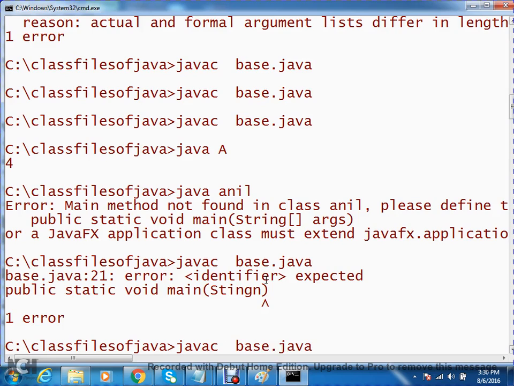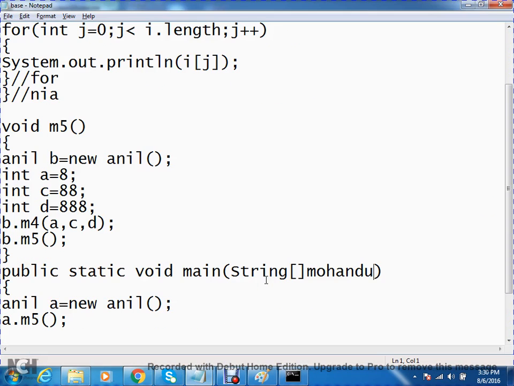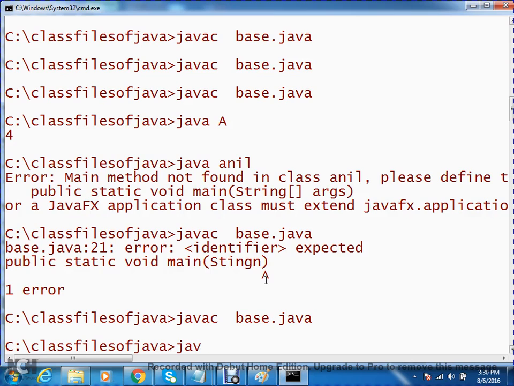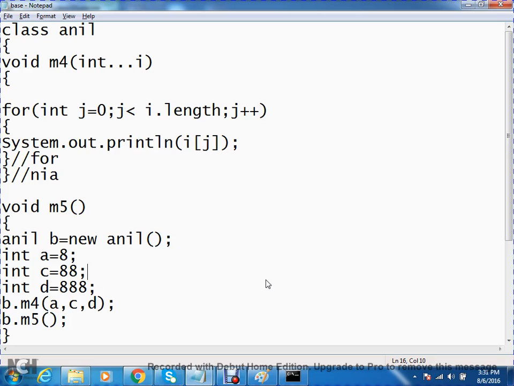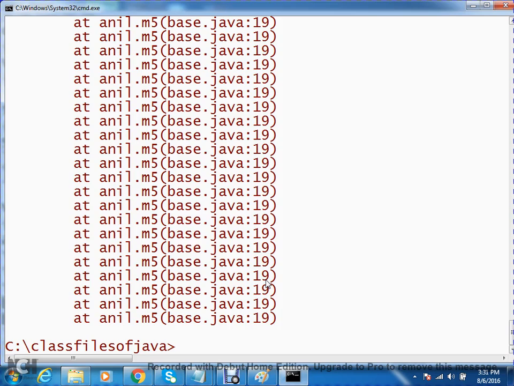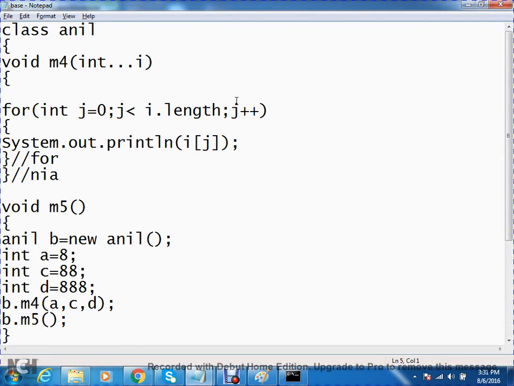Now observe. Run the Java program. Oh, it's not getting terminated. Why? J. Coming, that one is not that. J is an infinite loop, it does not terminate.